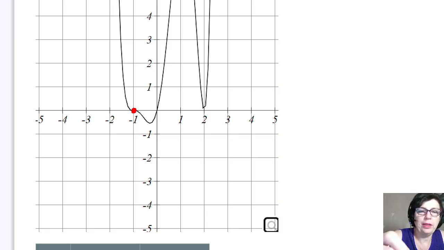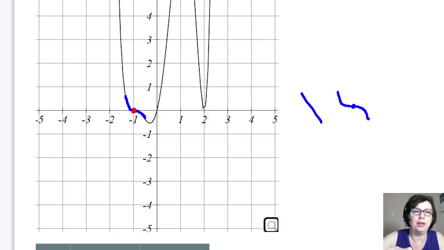So at -1, the graph does cross the x-axis, right? Because right here it's above and then right here is below. And the way it crosses it, it does not cross like a line, right? It crosses more like a cubic polynomial, right? And that kind of thing. So this looks like that will probably be degree 3 or could be 5, it depends. But if we know the total degree of our polynomial, we may be able to figure out whether it's 3 or 5 or whatever. But it's definitely going to be an odd, and it's not going to be 1.